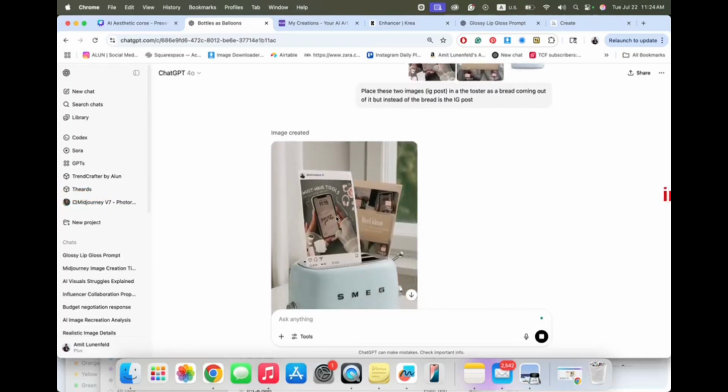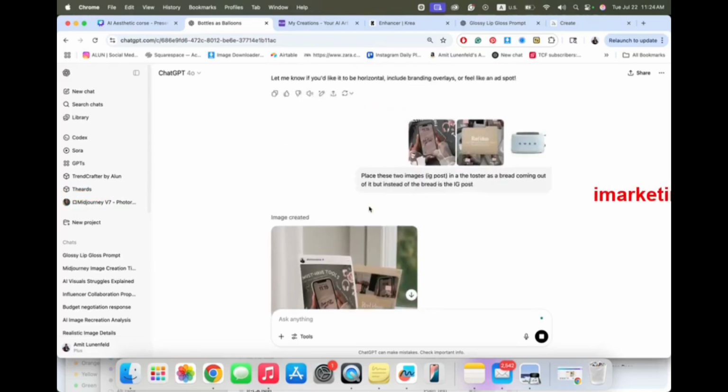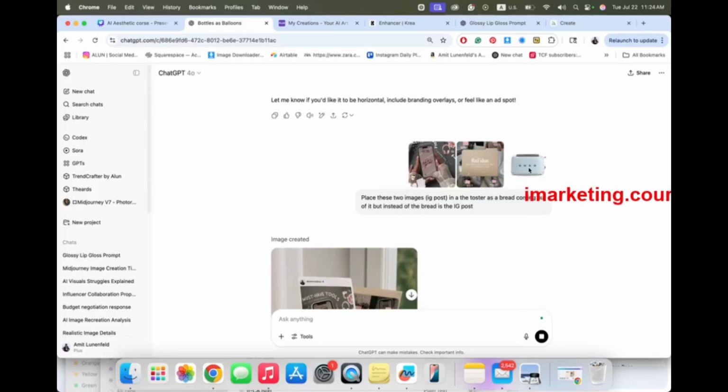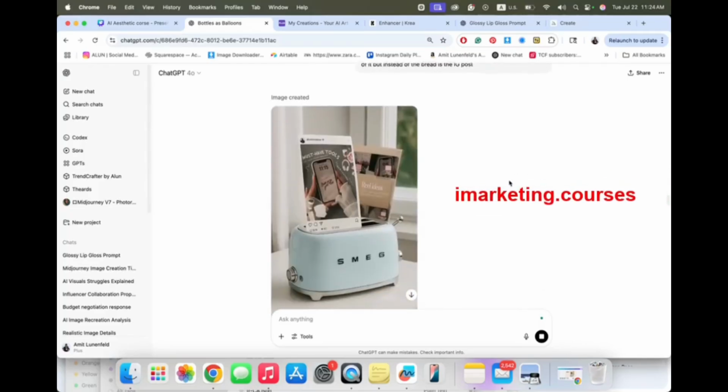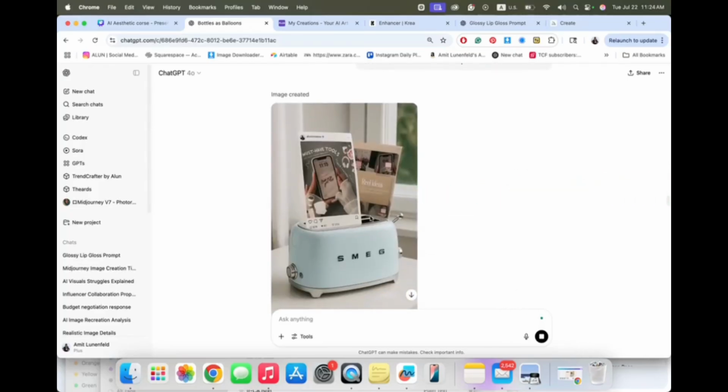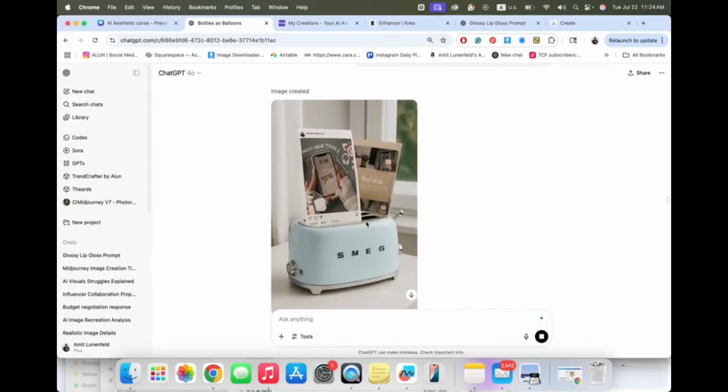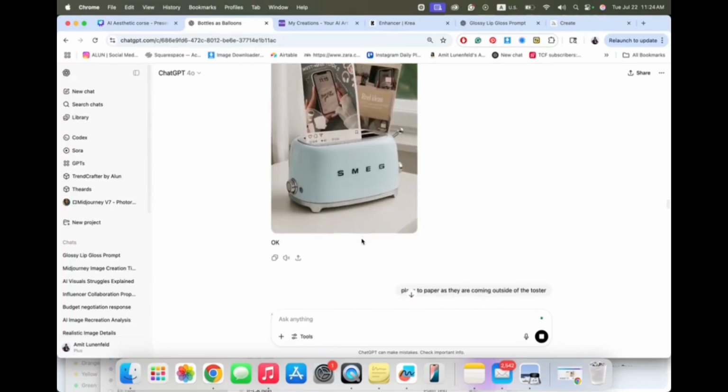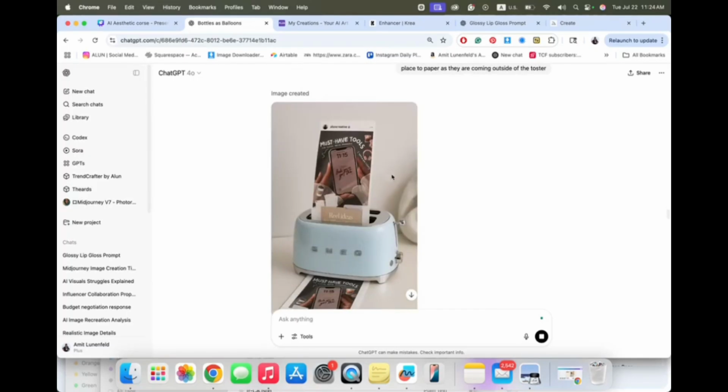So let's see what I'm talking about. You can see I asked from these two templates to go from this Smeg toaster. This is the result I got. You see the pages behind don't come out. So I understood that they have a hard time doing two pages of a template. So I asked for only one.